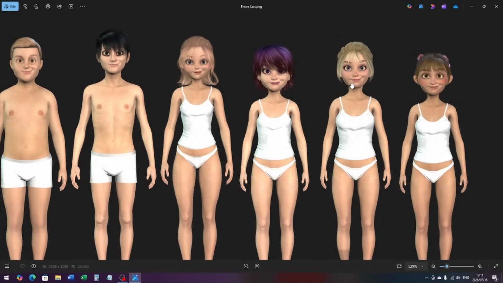Then these 3 are the cheerleaders. They are the antagonists in the movie, and this one in the middle is the main one. Because she's the main one, I want her to stand out. So what I am going to do is make this one a little bit shorter, so that she is the tallest and stands out. So this is one adjustment that I need to make, to make her a little bit shorter, but I still want her to be taller than this girl here. I want her to be the smallest. So the first adjustment is to make her a little bit shorter so that she's shorter than this